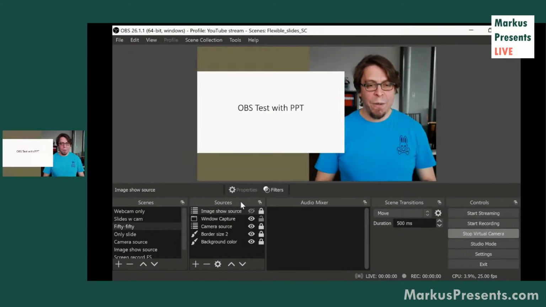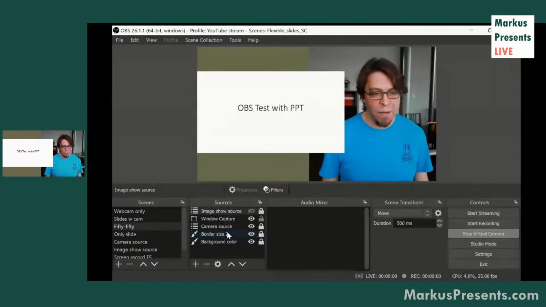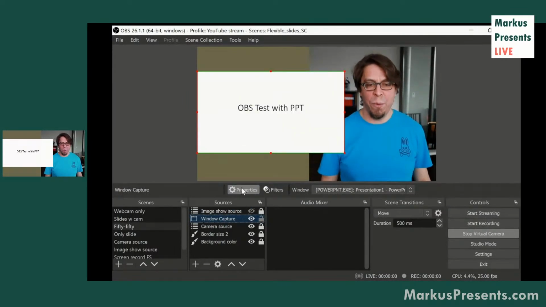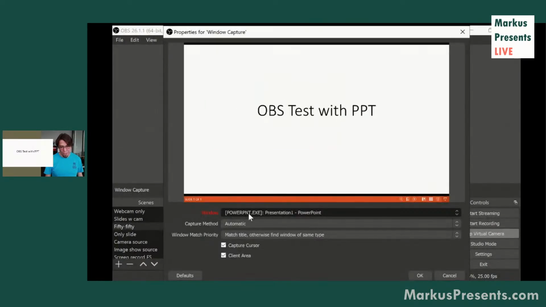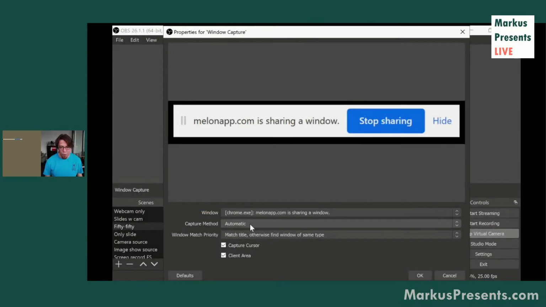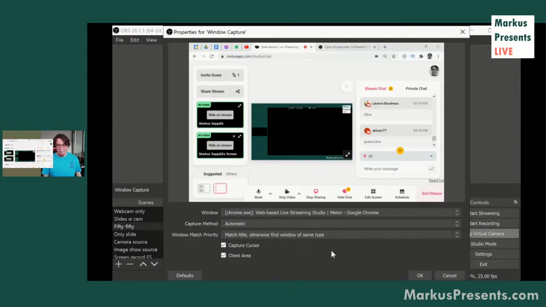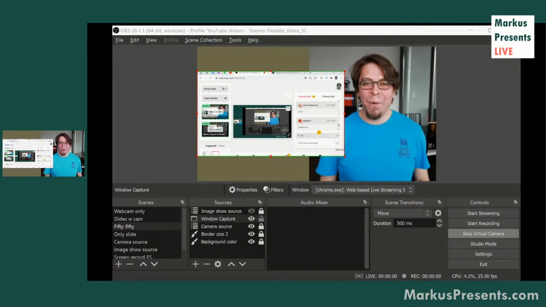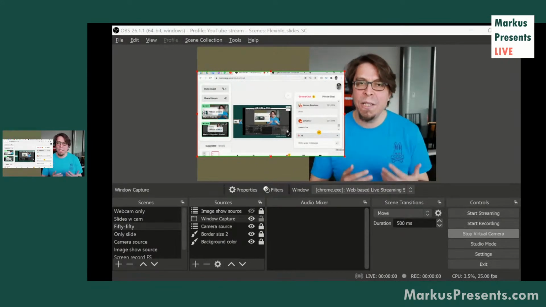So I also mentioned that we have some flexibility in OBS, and I'll just tell you one particular use case. Let's say that we have this window capture here. What else could we capture? I'm going to click on properties here above the window capture, and then I'm going to choose my Chrome, for example. No, I'm going to take another Chrome. There we go. Now you can actually see my live streaming studio. Okay, you know what? I'm going to show you my live streaming studio. No worries at all. So now when I'm capturing a window, this is a way that I can bring in